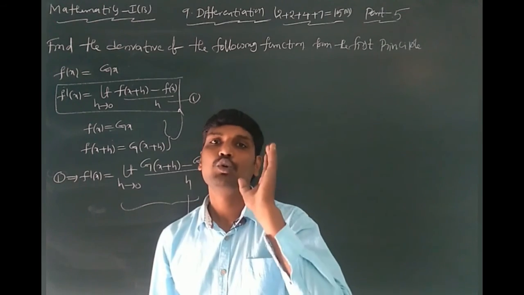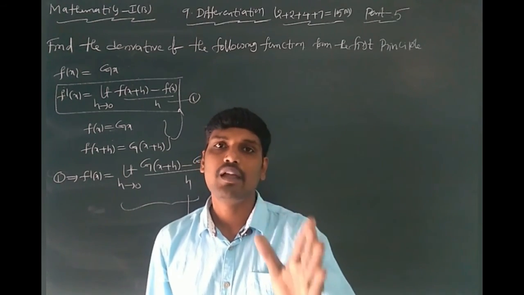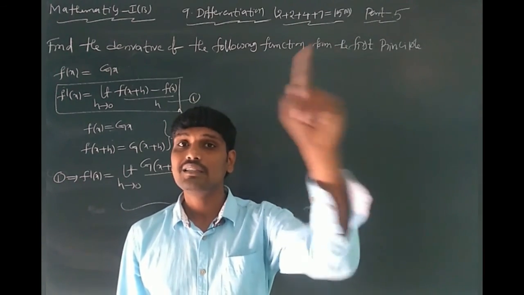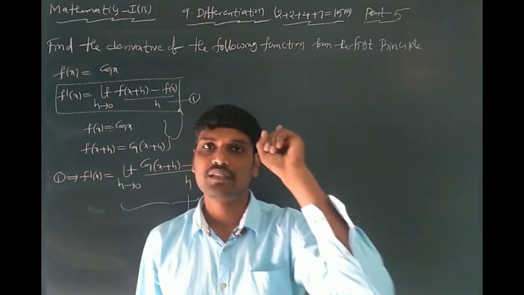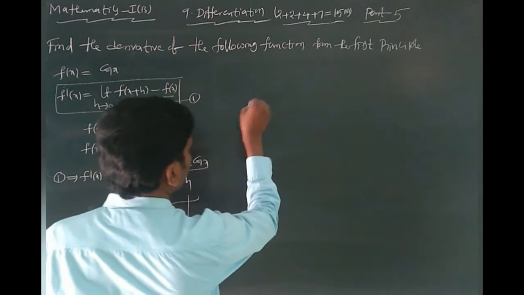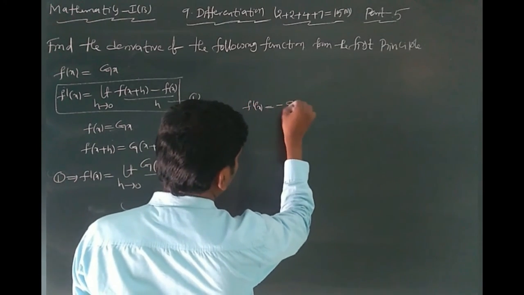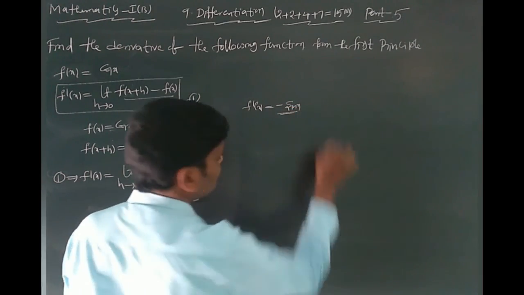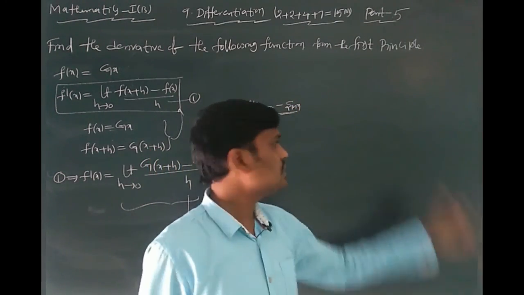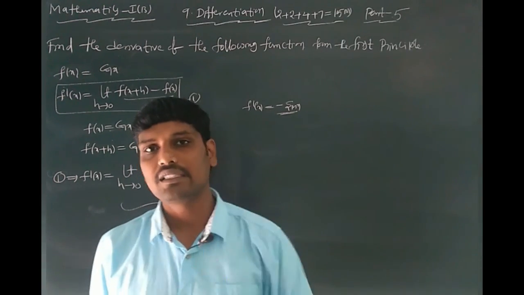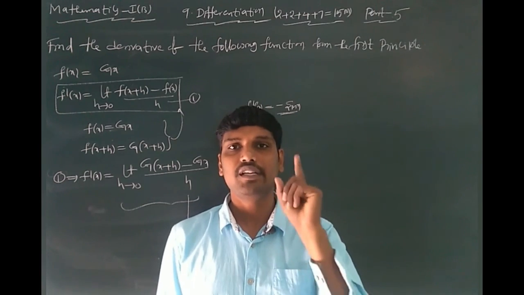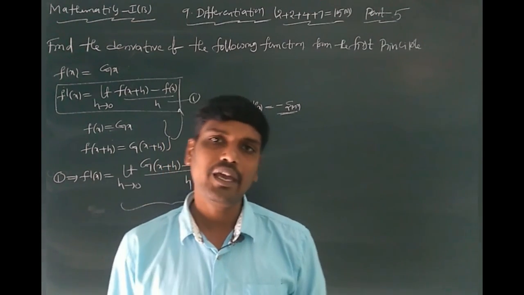This problem you can do similar to the cos ax derivative. In the cos ax problem, you write 1 in place of a and you get the total answer. The answer is f dash x value is minus sin x. What is the derivative of cos x? The derivative of cos x is minus sin x. You get minus sin x as the answer. Today's class is very useful for marks in the IB examination.